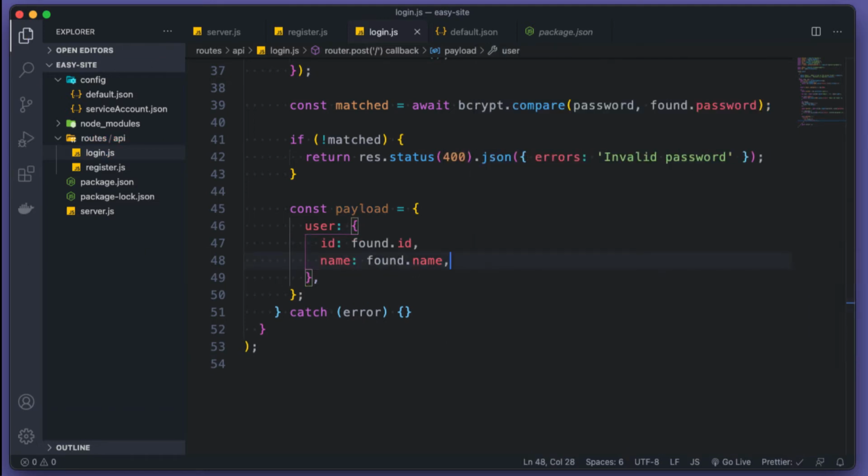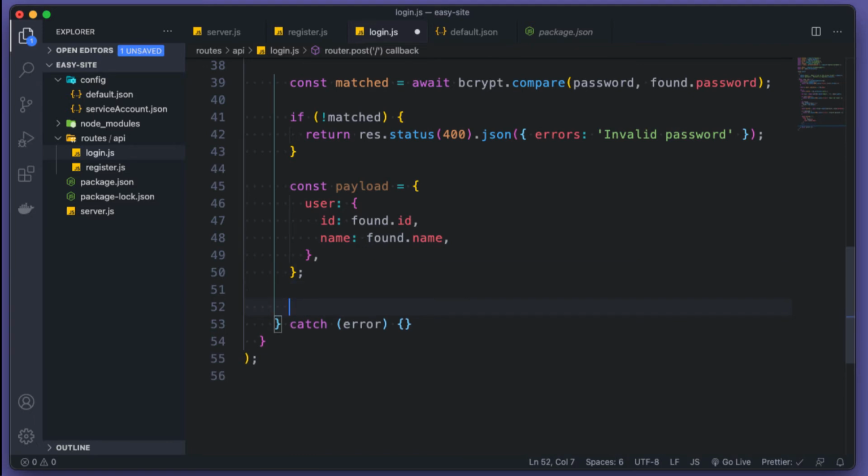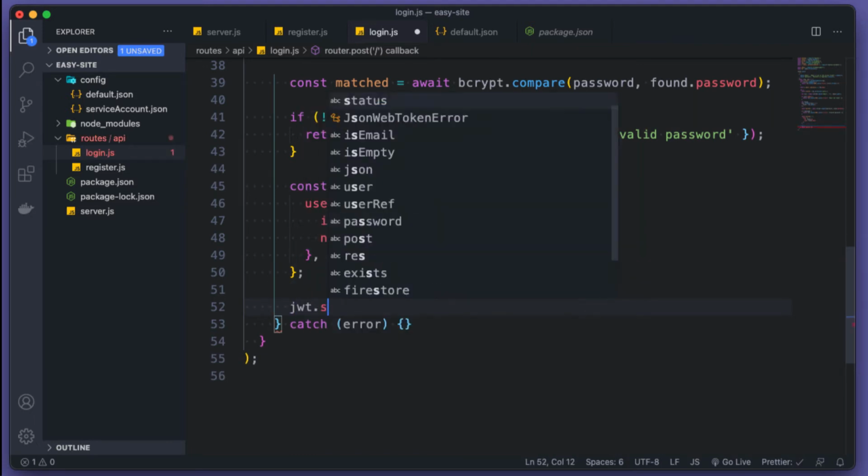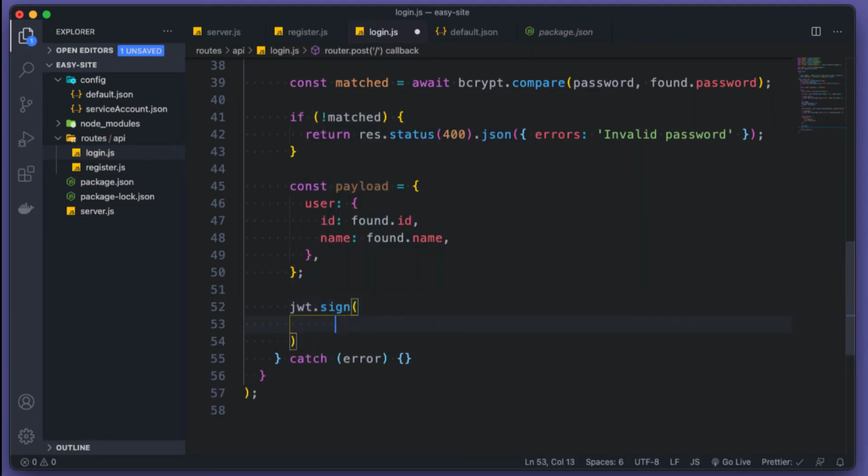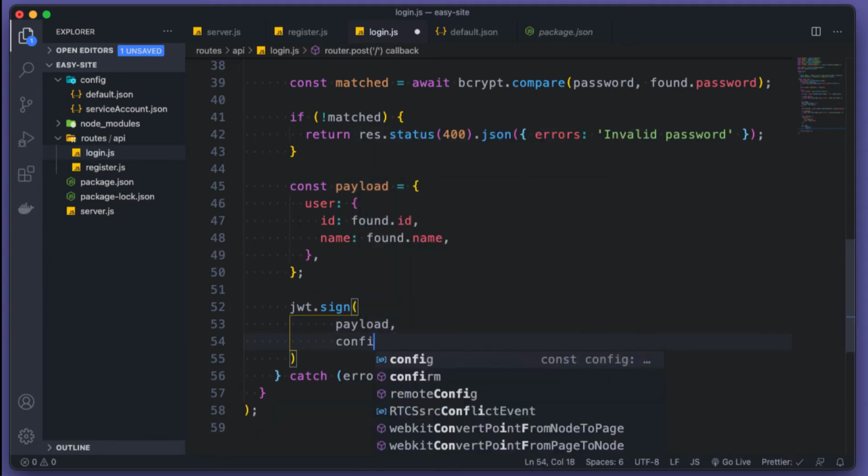Save. And the last step is use JWT to sign our token, and then we're gonna pass along the payload, and then config